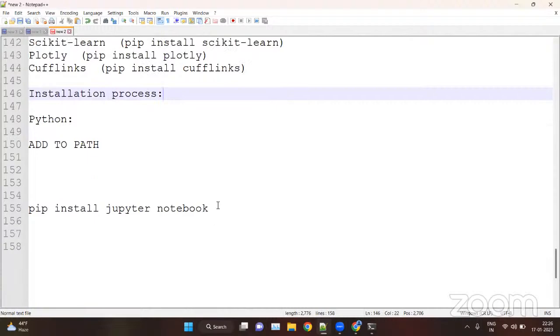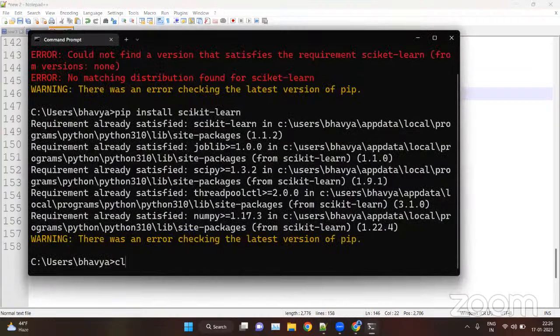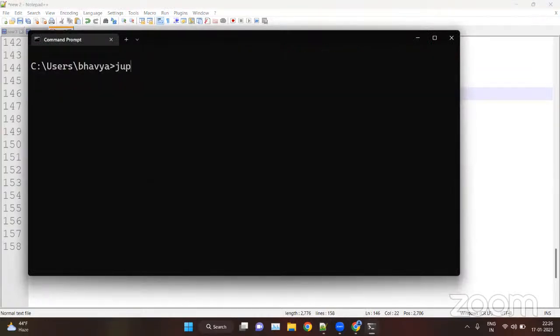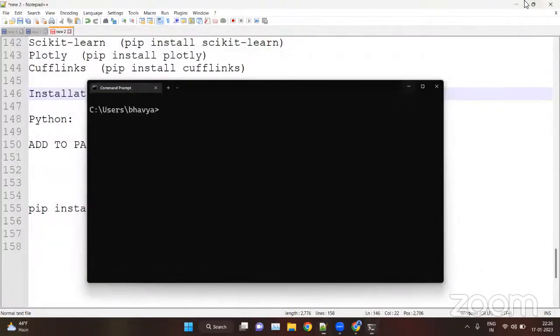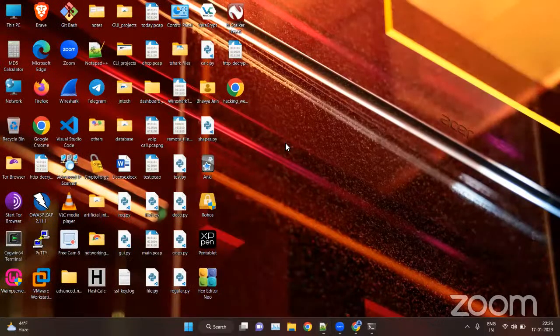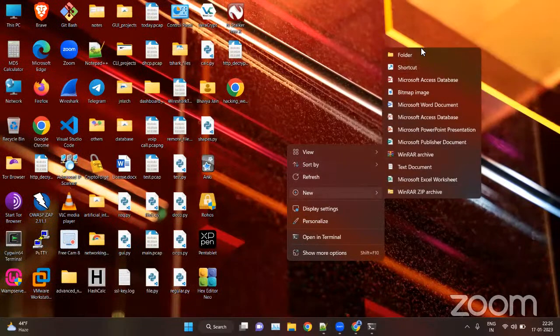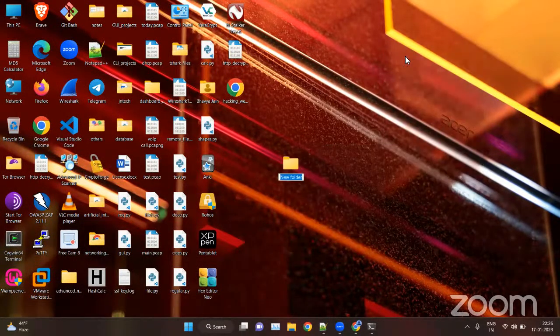Now, how to open the Jupyter notebook? Open your CMD here. Clear the screen. Let's move to a folder here. Let's create a folder here, say DS.